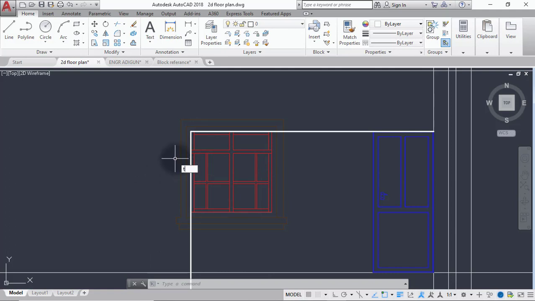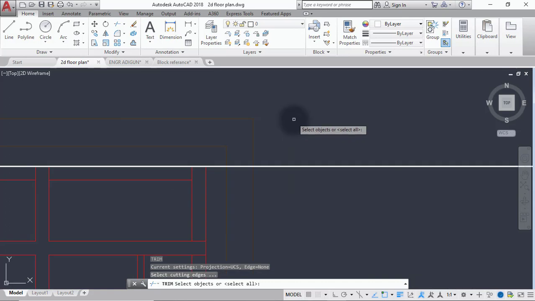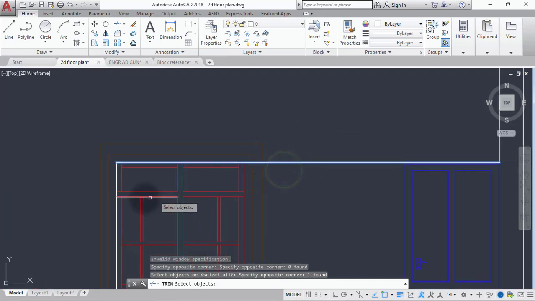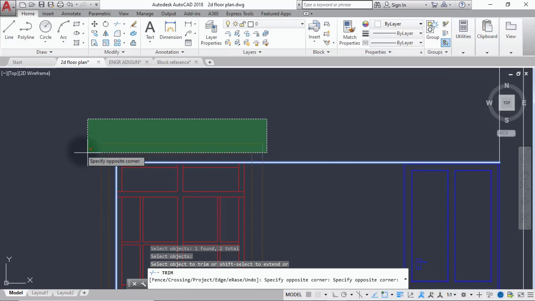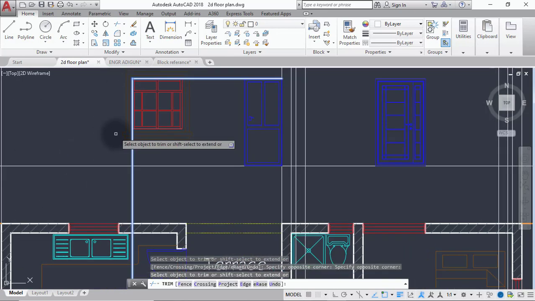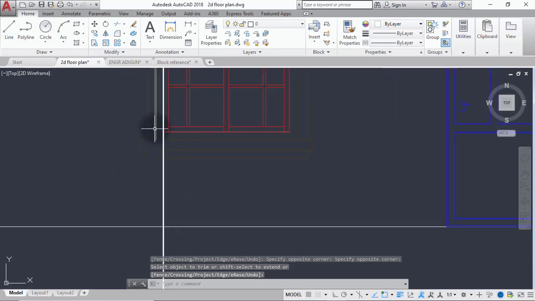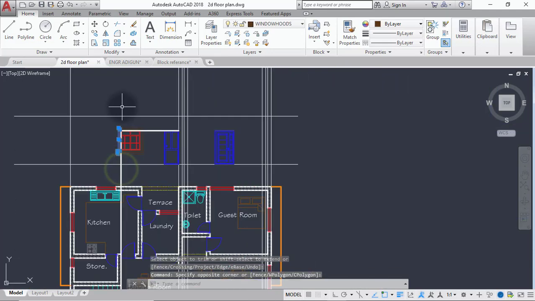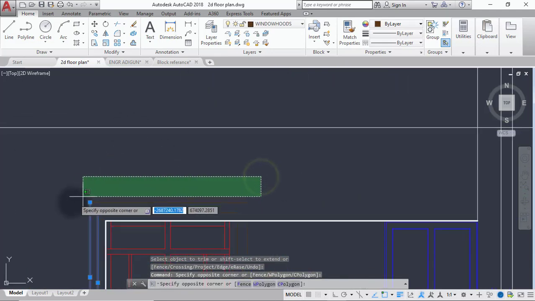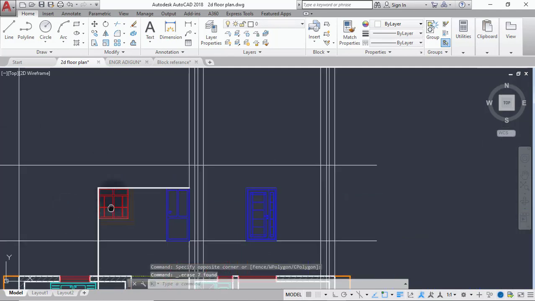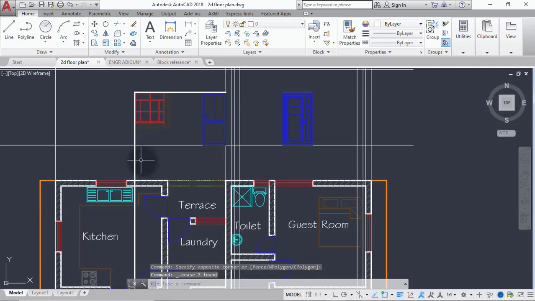So we'll trim out this design to show that it's not part of what we are going to be seeing again. Select this object and this, and trim this out. So delete this, and